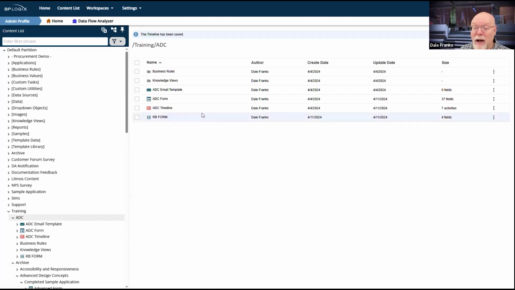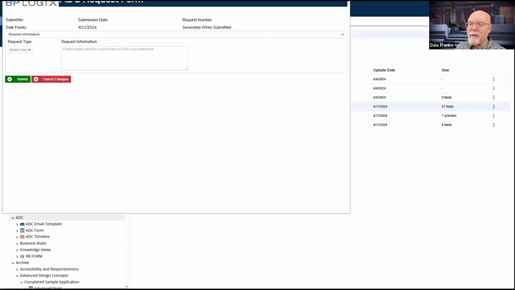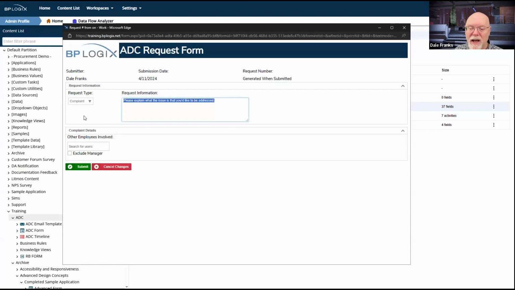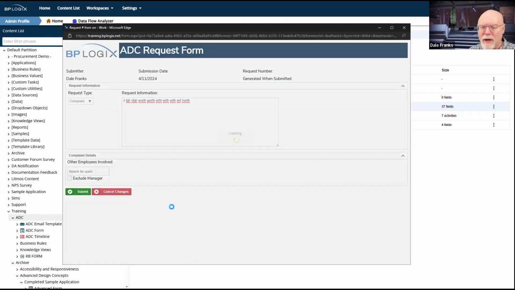So let's see what happens. Let's take our form, and we can now, for the first time, submit and see what this thing is going to do. So we're just going to say, it doesn't matter what we pick. We're going to say complaint, blah, blah, blah. Oh, why is that showing up as gray? That's weird. All the other stuff we're just going to ignore for the moment, and we're going to hit submit.